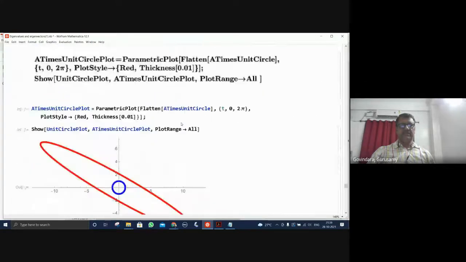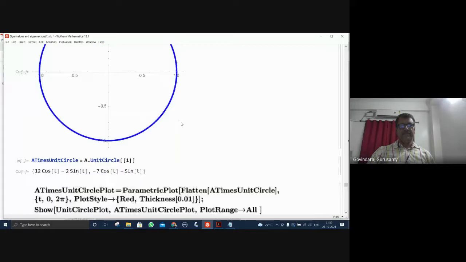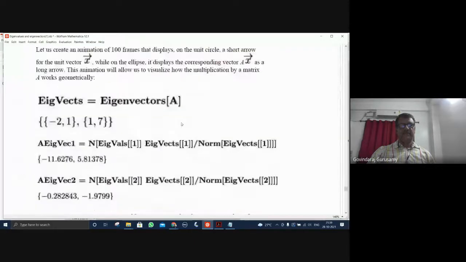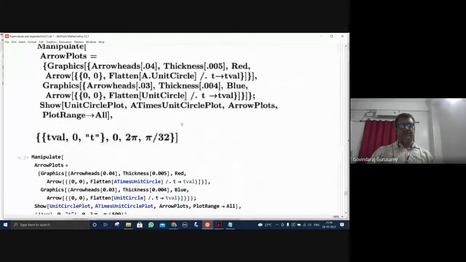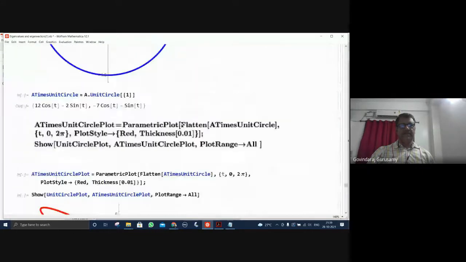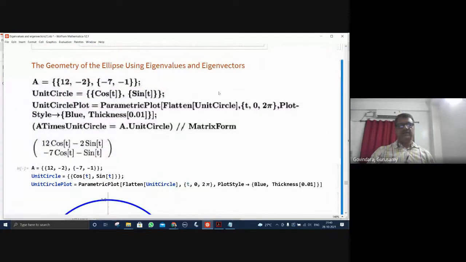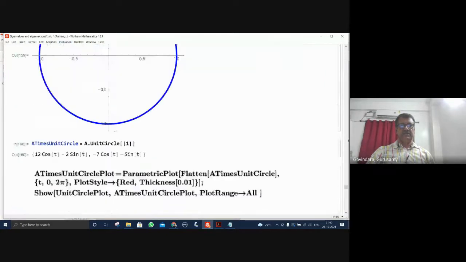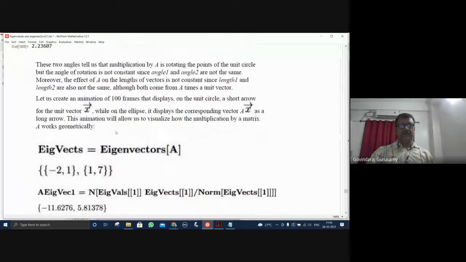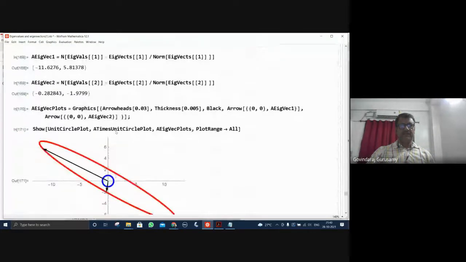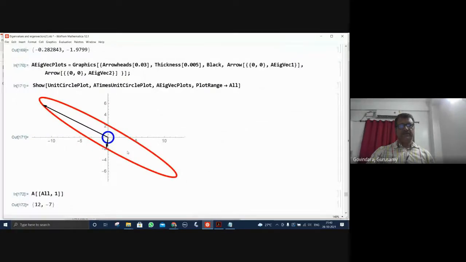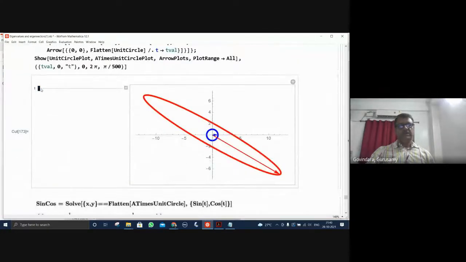Similarly, you can do it with a circle. This is a circle that can be converted into an ellipse with the eigenvalues, and then you can see, just plot this whole thing and take it, and you can study the geometry of the ellipse using the eigenvalues and eigenvectors. Then here, the circle will be there, then the multiplying factors, eigenvalues and eigenvectors will be there, and you can fix these vectors here. And you can see how this is going to operate here. The ellipse is connected to the circle by the matrix multiplications.